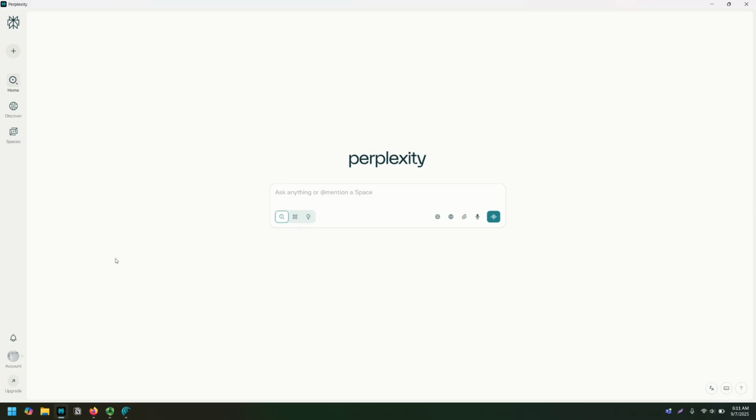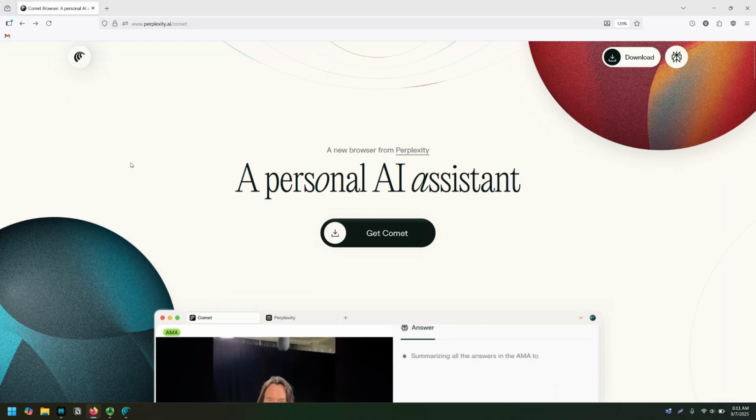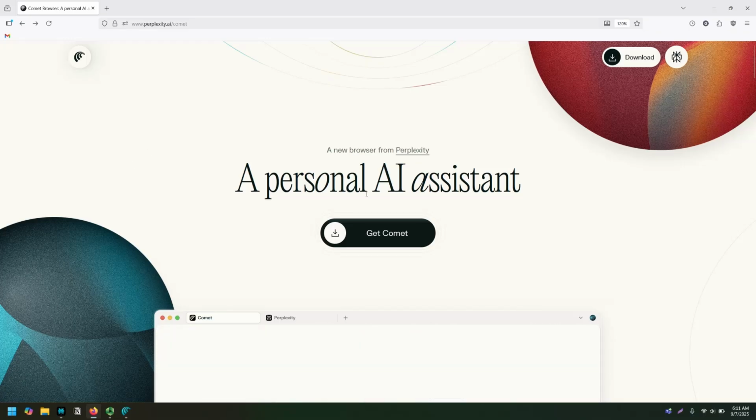And today we're going to be talking about Perplexity, but not Perplexity, the app, not Perplexity, the LLM tool that you can access in your browser, on your mobile device, on your computer through the app that is displayed here. No, we're going to be talking about Perplexity via its new browser, Comet. Comet, a personal AI assistant. This is the web page that you would get access to it through